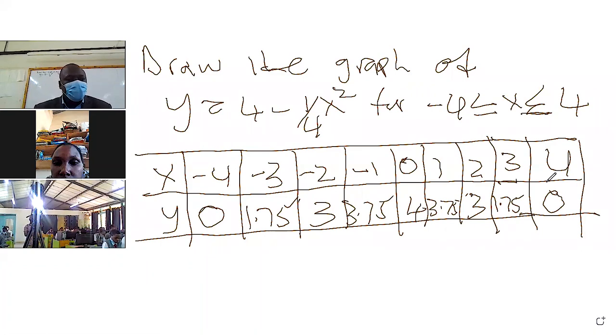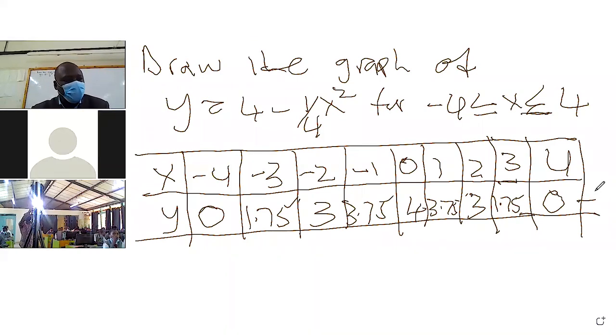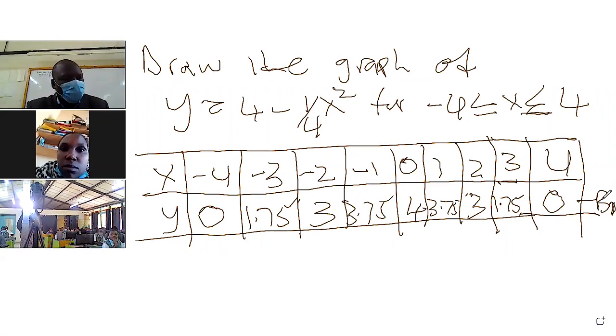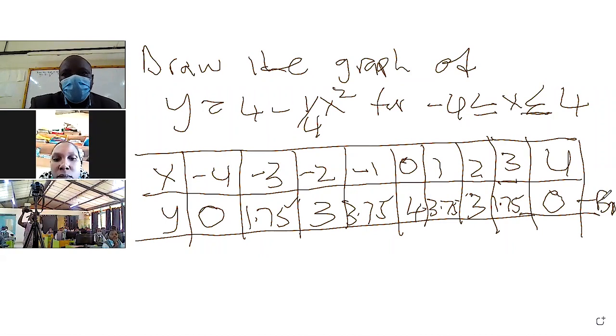And for those given values of the tables, the examiner wants to see whether you've got the correct values for y, matched up the pairs, the -4 with 0, the -3 with 1.75 and all that. Then he'll give you a B1 for all the correct values in that given table, both matched, for those given values, because he's combining the method and the accuracy. Then the next thing you go to is now to work out